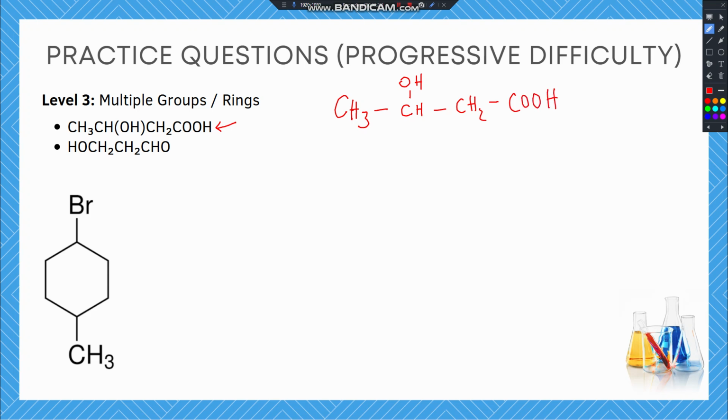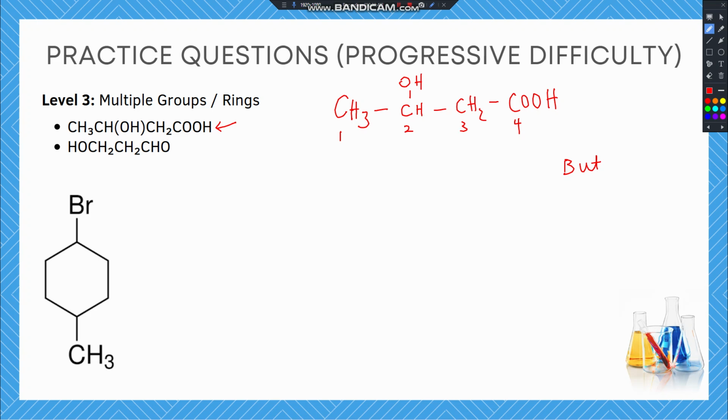COOH. So the first thing we want to do is to identify the parent name, which is done by counting the number of carbon atoms that we have. So we have 1, 2, 3, 4. All right, so we have BUT as the root or the parent name of this compound, since there are 4